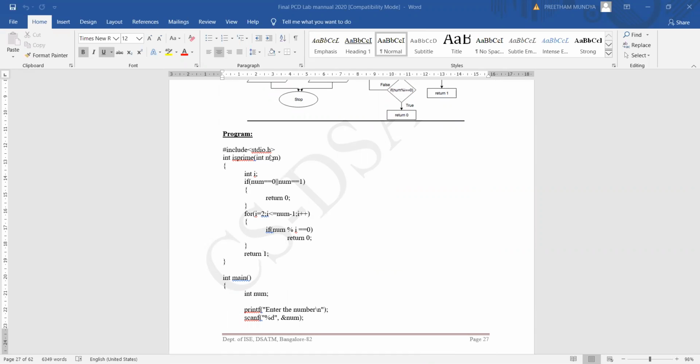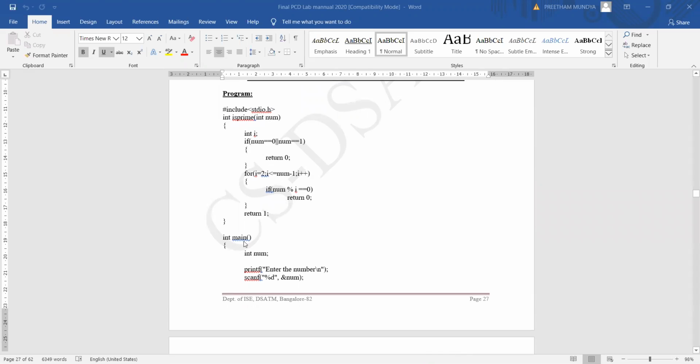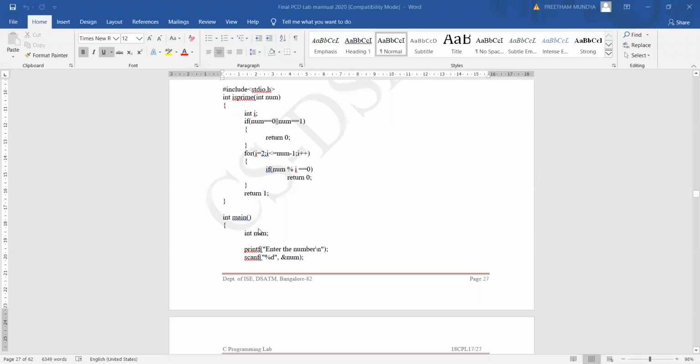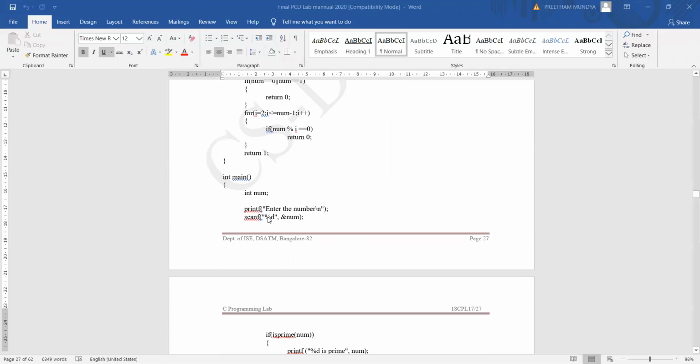This function takes a number and sends it to the logic. I have a main function here. Here I have declared one variable, num, and then I'm displaying a message to the user to enter the value for the number. The user enters the value, which is stored in num.